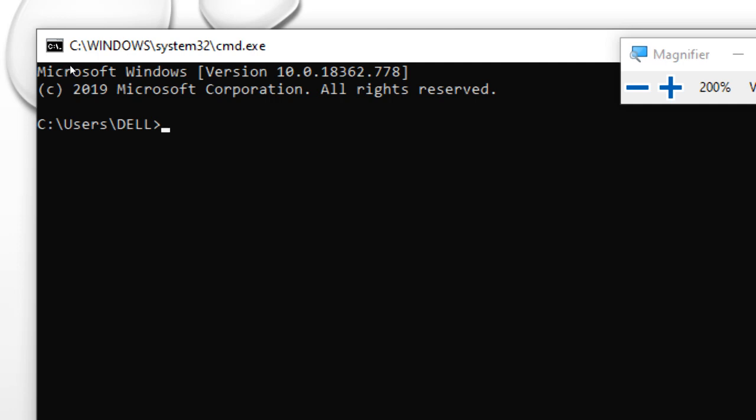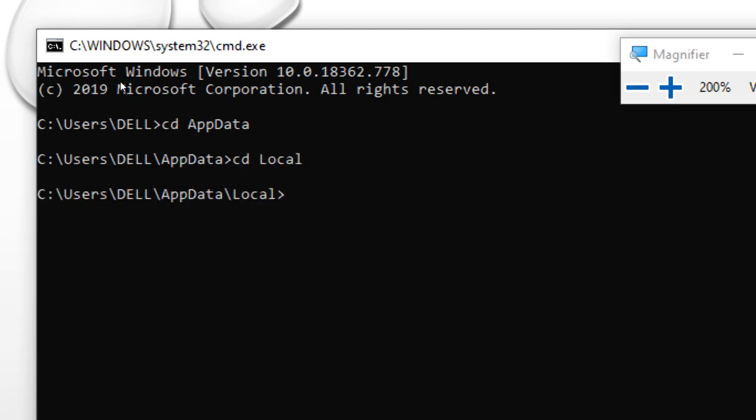So I have to follow the further path, and after Dell we have to go to AppData. How are you going to do that? You have to write CD, which means change directory, and AppData. When you press enter, you can see that along with Dell, AppData also appears, so the AppData folder opens. Then Local, because of the slash, so the Local folder also appears. Then again CD Programs.